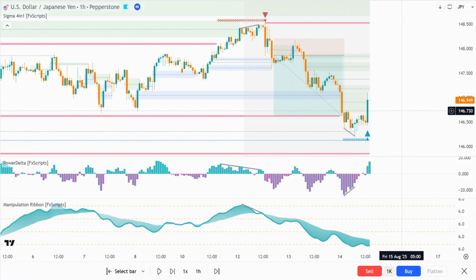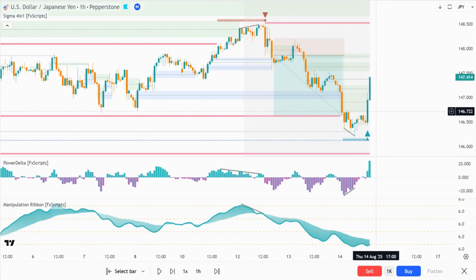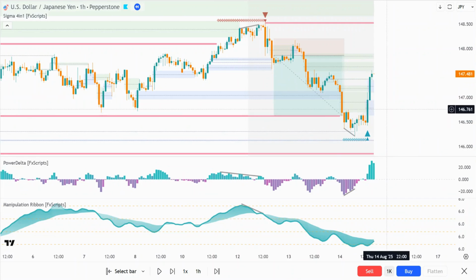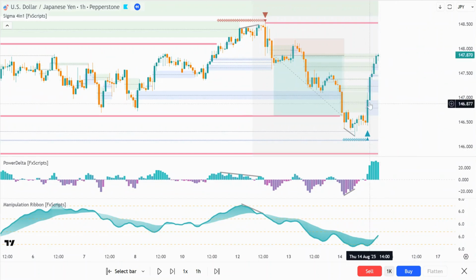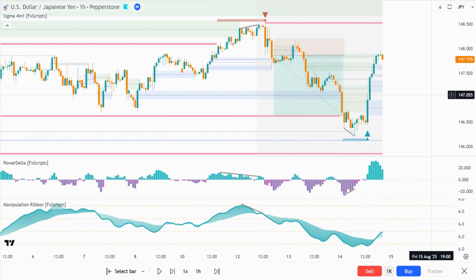There is the arrow. Again, it's quite a big, powerful arrow this time. Big, powerful candle, I should say. And we don't actually get a tap in. So unfortunately, there's no entry this time around. It took off without us. There was no tap on the fair value gap,